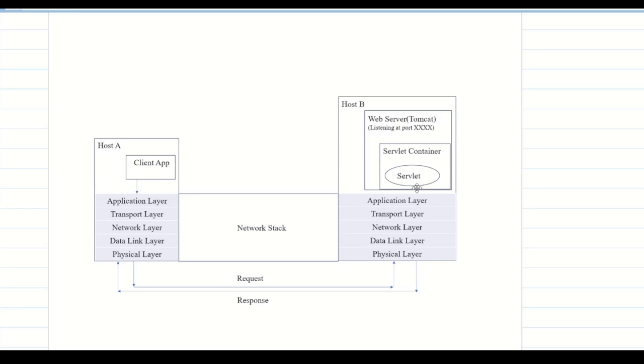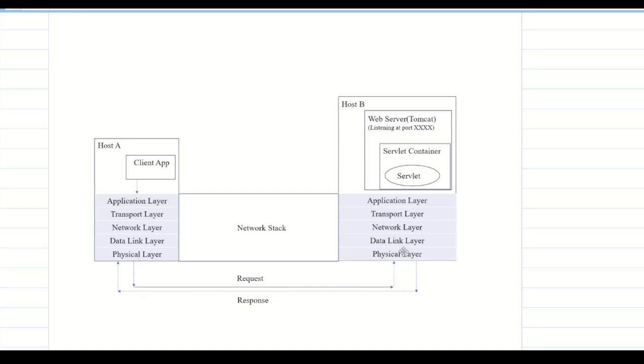So what usually happens is when we start the web server, it creates a socket and starts listening at a particular port. Then the client application, when it is ready to send some request, it gets a random port. It creates a socket on its side and then prepares the request and sends it across the wire. So this is the network stack usually sitting in every system, and then the request comes over the wire to